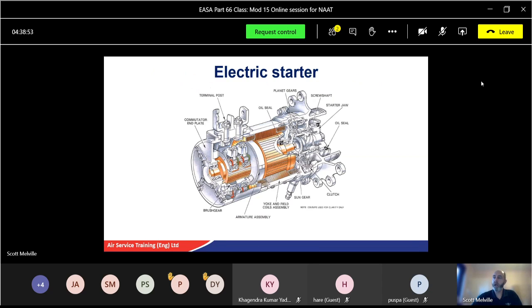And good old electric starter, same as your cars and motorbikes, same principle. You have your terminal posts, positive and negative. You have your armature, and again in here you'll have a reduction gear, like we saw with the gear mechanism, the sun gears, the planet gears, and a clutch that when it engages, it will push that out to engage the gearbox. And with the reduction gear, we get lots of torque,